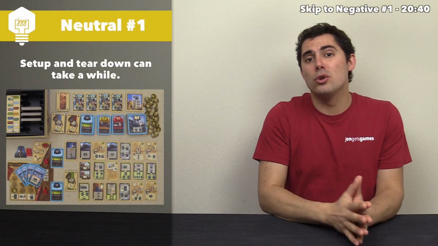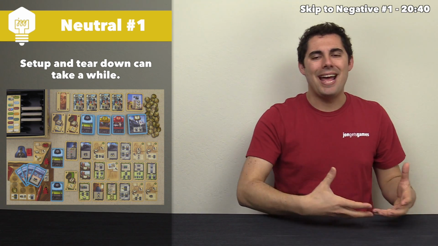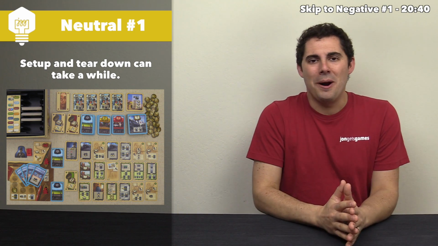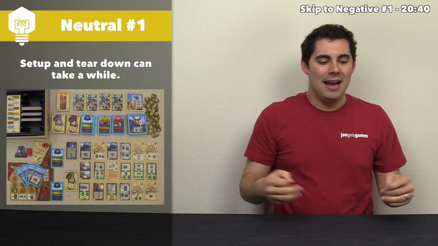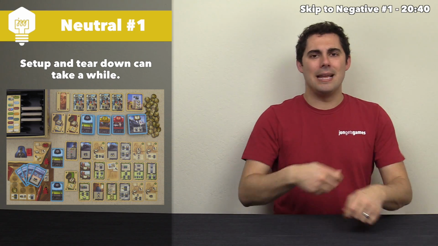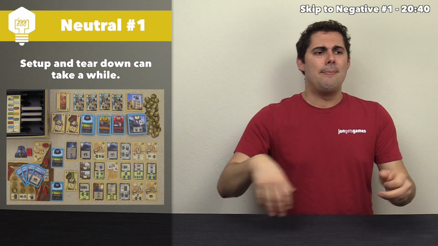Let's now move into neutral points, but I only have one I want to mention, and it might seem a little silly, but the setup and teardown for this game is a bit of a chore. This has to do with the fact that you first need to figure out what your two modules are, then you pull those out, and then you need to break up all the basic cards, and then break up all the modules and put them into their associated piles, shuffle all those, then build a big tableau of all those